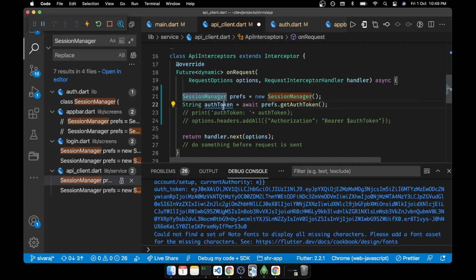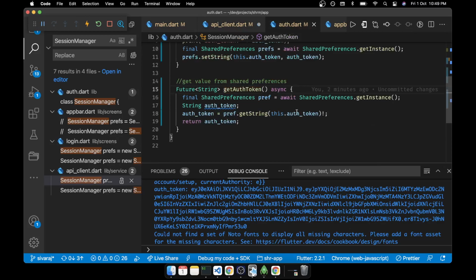So what we have to do, we have to check the get auth token.